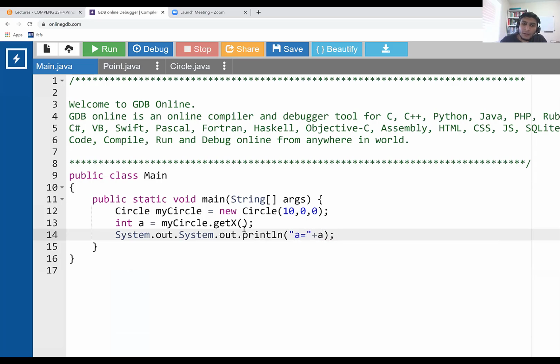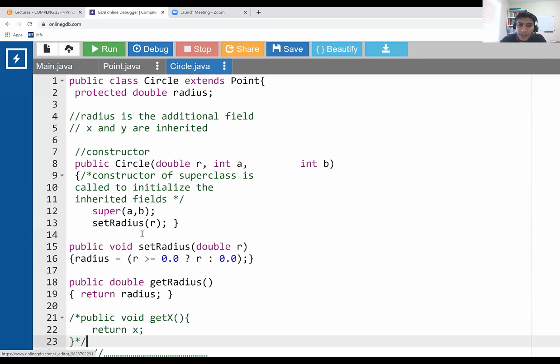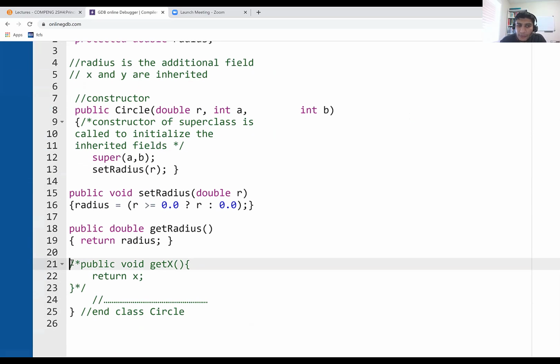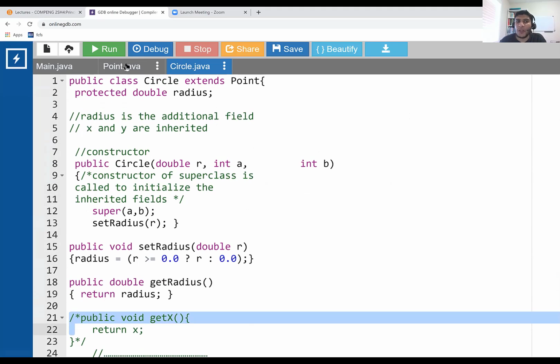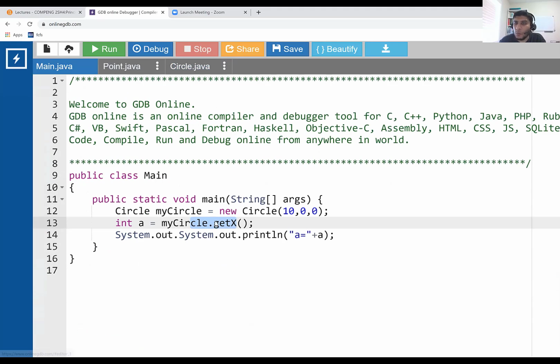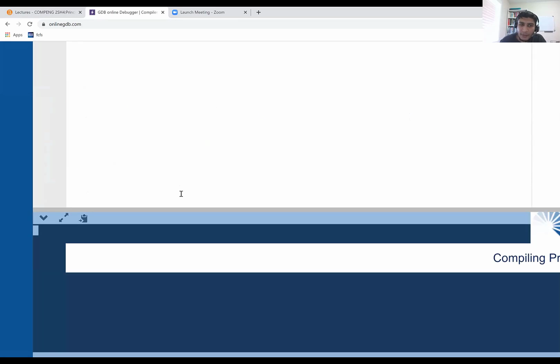So, well, will this work? Now I commented out the implementation of getX, right? So logically, before we know inheritance, this shouldn't work because there is no member called getX in my Circle. But with inheritance, we know that all the members of the parent class are also members of the child class. So if you do this,